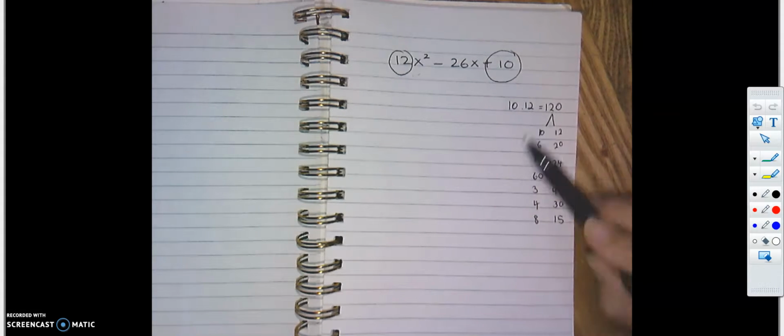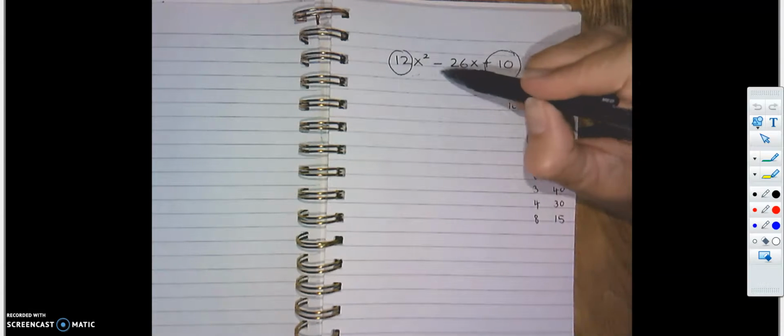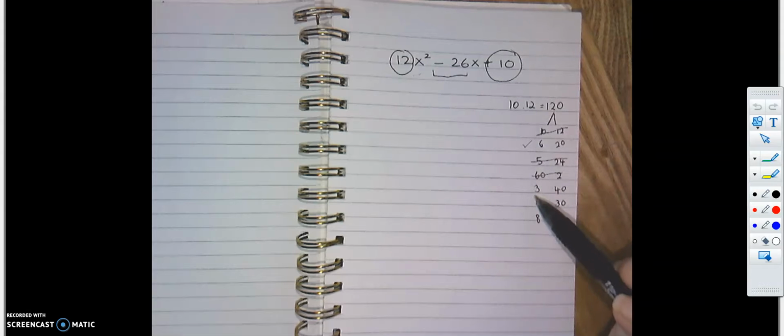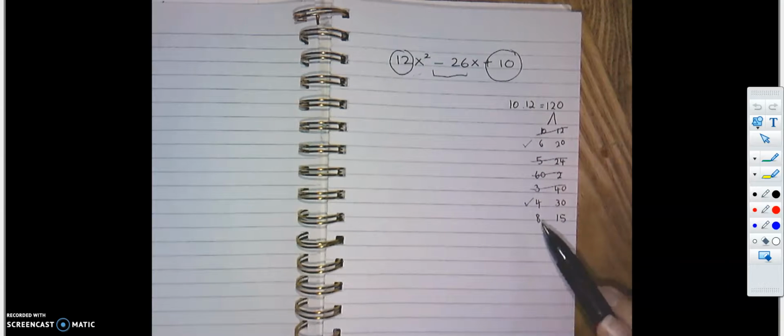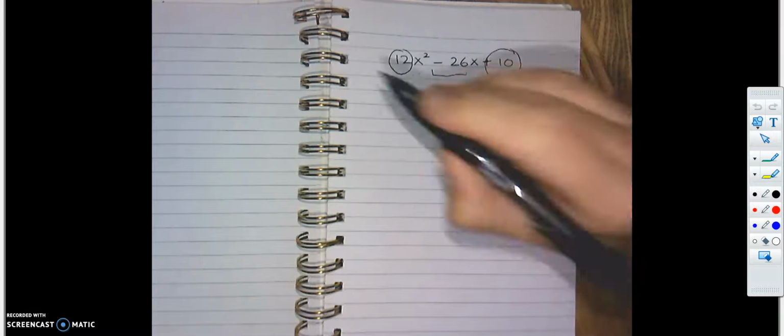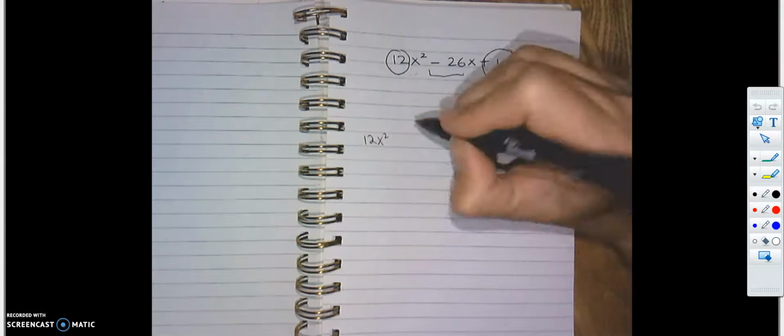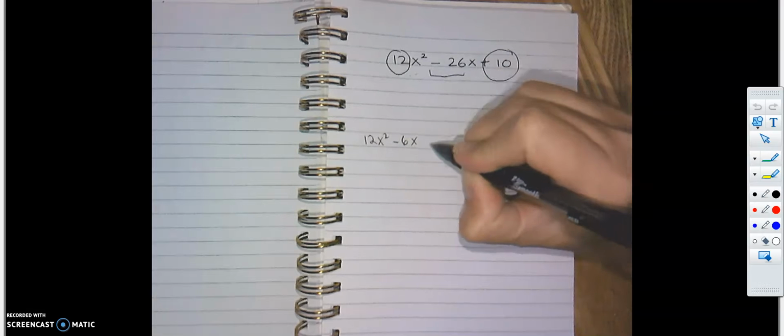So when we look down our list of factors, you are looking to get minus 26. So when we have 10 and 12, it doesn't work. 6 and 20, it could. 5 and 24, it doesn't. 60 and 2, it doesn't. 40 and 3, it doesn't. 30 and 4, it might. Right? 8 and 15, it doesn't. So if we took these two and rewrote it, you go 12x squared minus 6x minus 20x